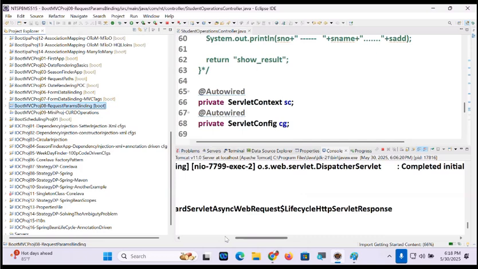I want to get the array, table, all this stuff, that too without writing Java code. I want to get them without writing what? Java code. So keeping that in mind, I have to take the support of what? The JSTL.